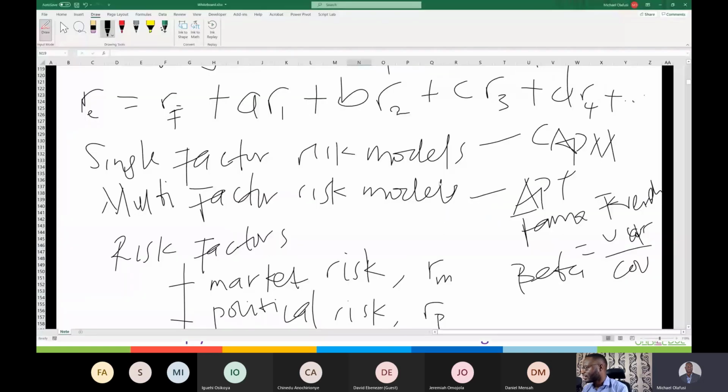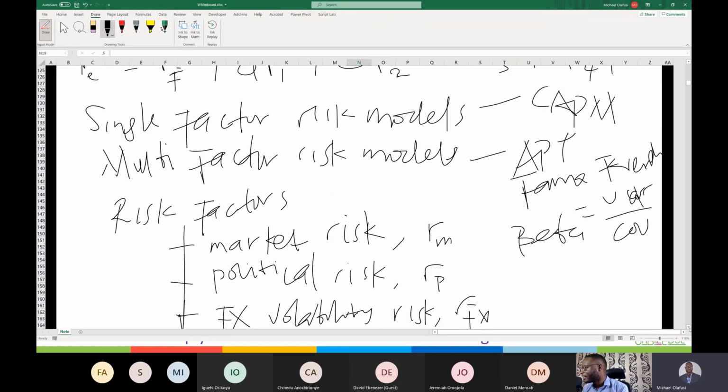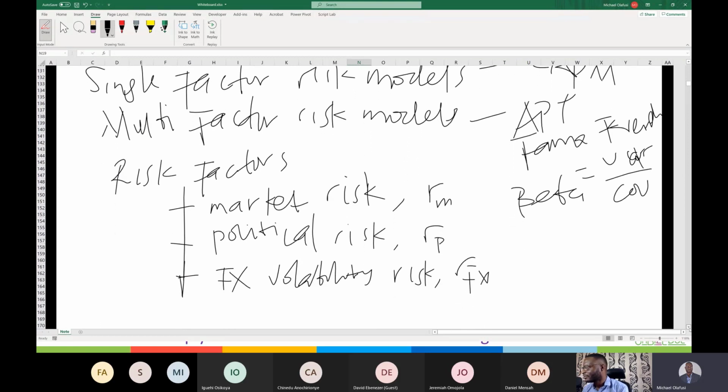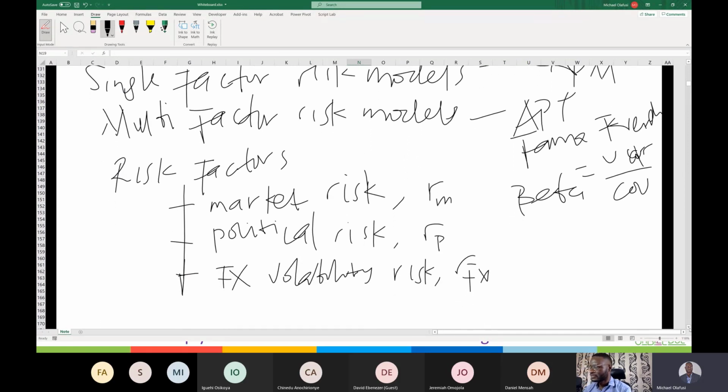For other risks, everything is a black box. Apart from beta, which is tied to CAPM so there is a way to defend it, for all these other ones you put in your own factor. You can say you want to give political risk a weighting of, I don't know, 10%, and this other one a weighting of 5%. That's why these multi-risk factor models are like black boxes that are very difficult to explain.